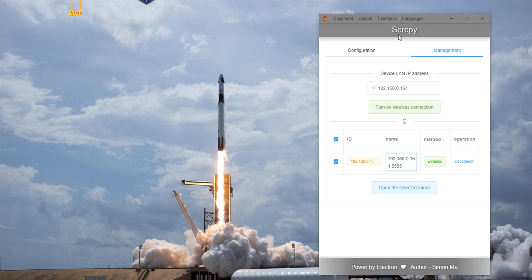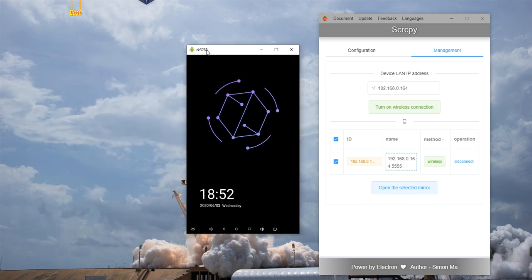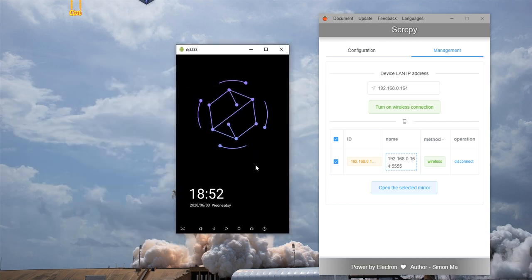This tool can show the device screen on the desktop, and also control the device, so you can choose to use this kind of tool to control the device. Once connected to the device, you can see the screen of the device shown here,